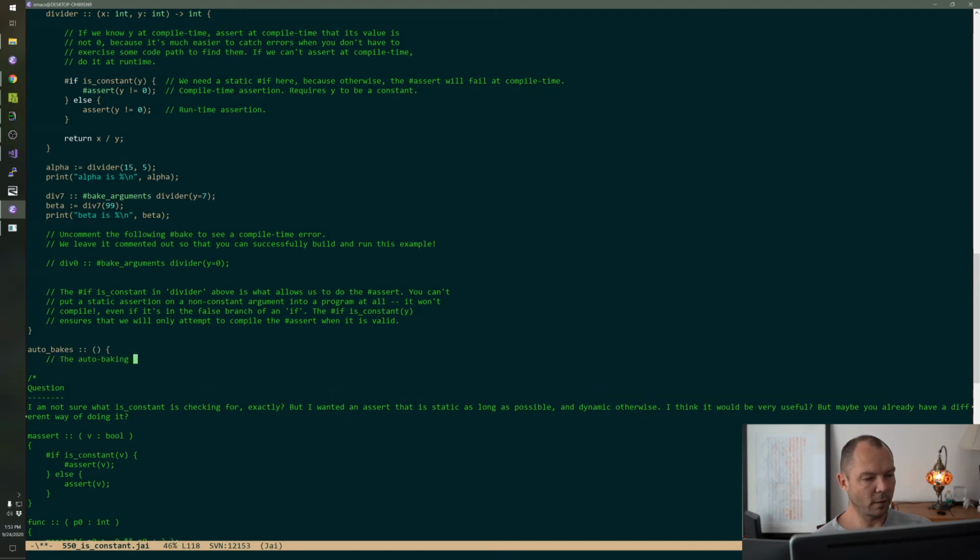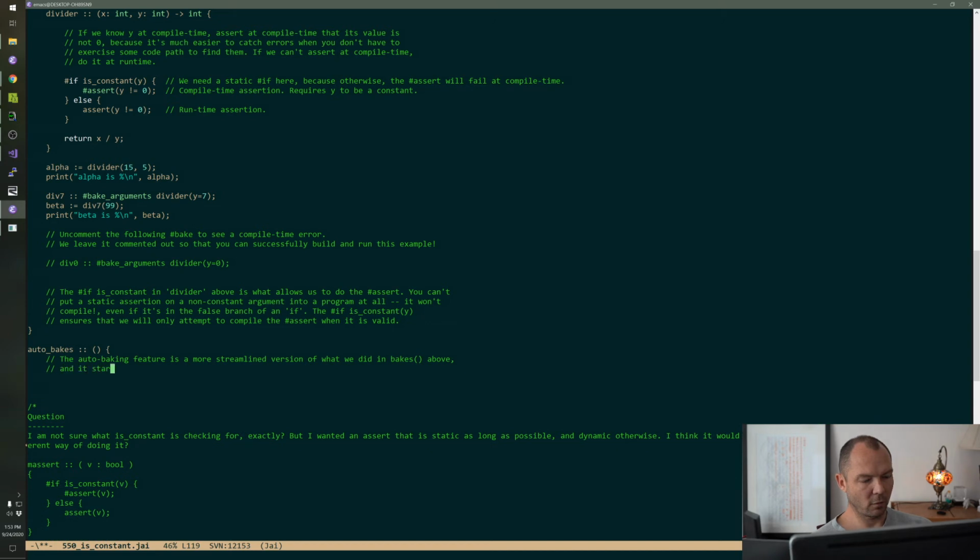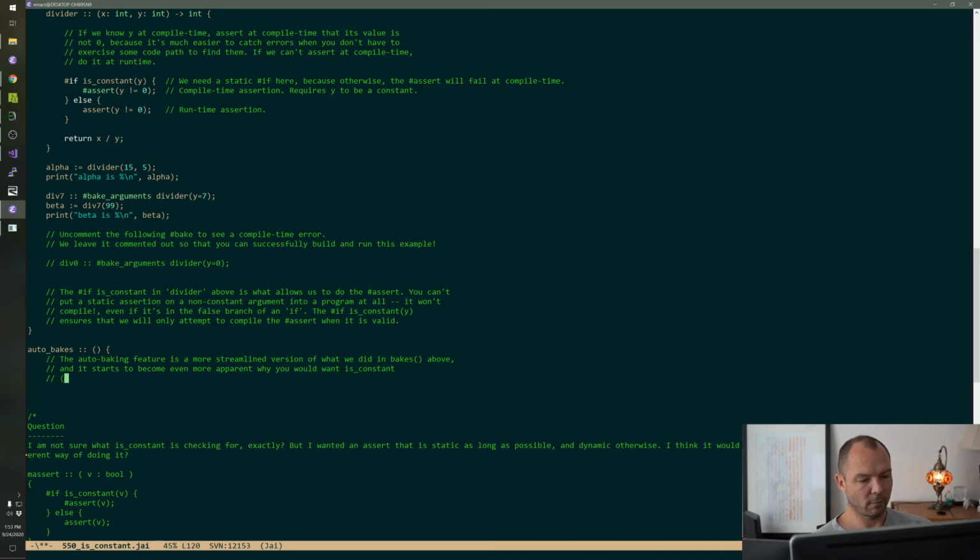The auto baking feature is a more streamlined version of what we did in bakes above. And it starts to become even more apparent why you would want is constant.